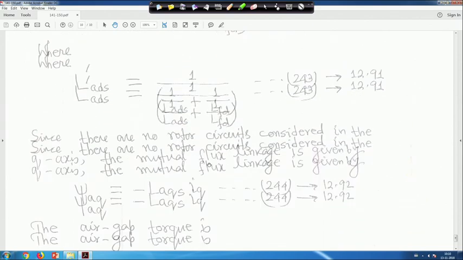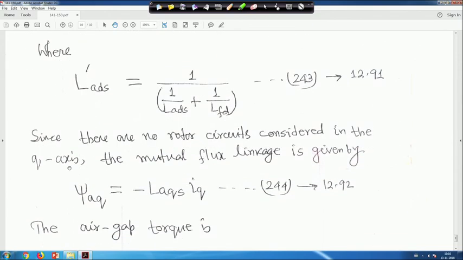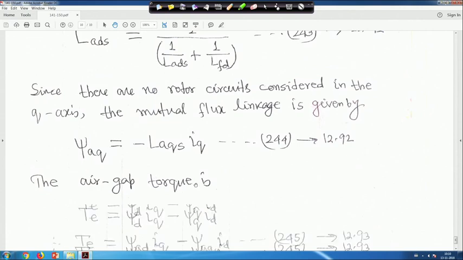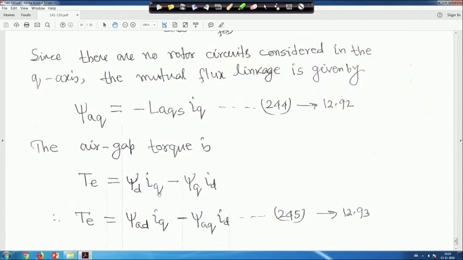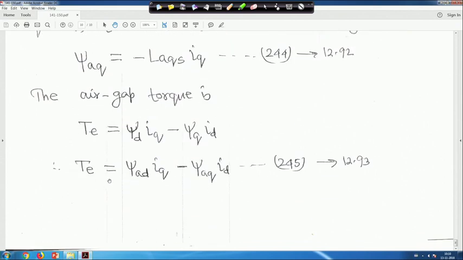Since there is no rotor circuit considered in the Q axis, the mutual flux linkage is given by psi AQ is equal to minus LAQS IQ. This we have seen, this is equation 244. Therefore, the air gap torque, we know this equation, T is equal to psi D IQ minus psi Q ID. Or we can write T is equal to psi AD IQ minus